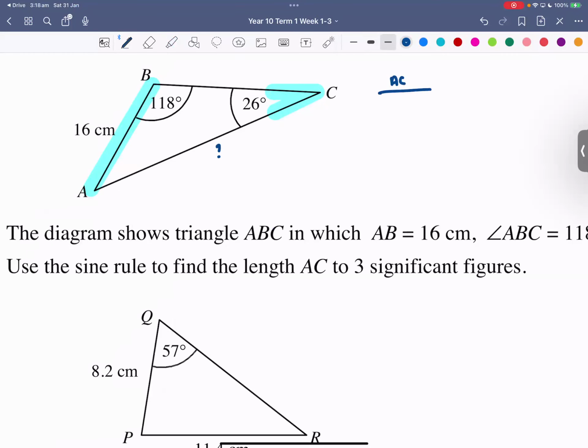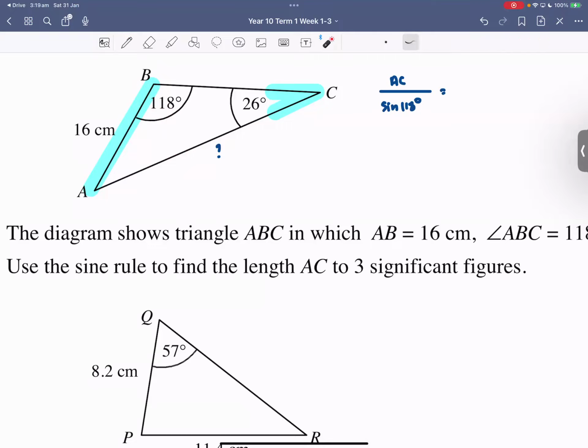AC divided by, some people will call it AC. What will other people call it? They'll call it B because it's opposite the B. So some people will call it B, some people call it AC, whatever you want to call it. All righty. So AC divided by sine of the opposite angle, which is 118 degrees, equals,